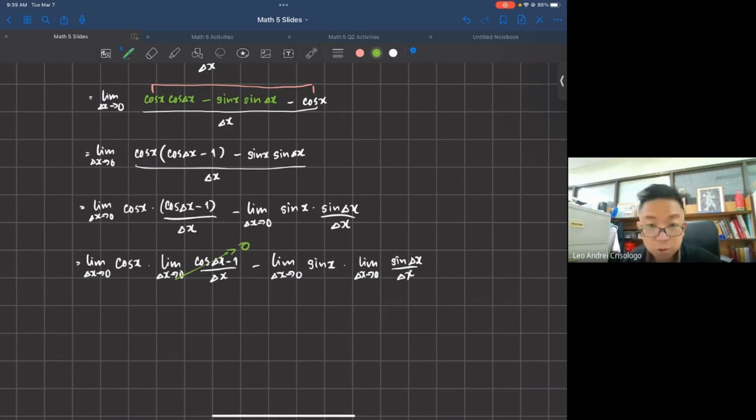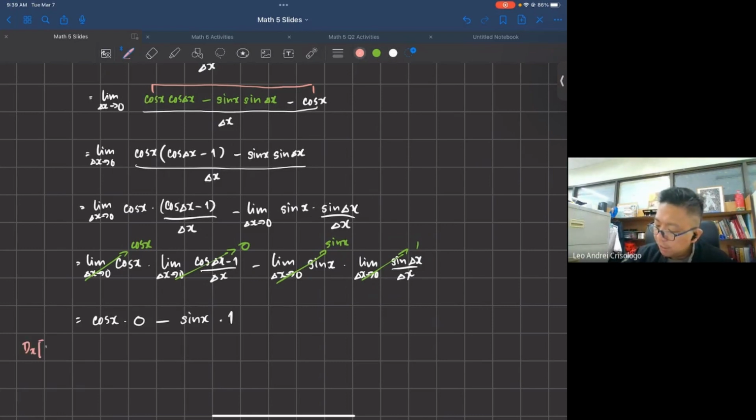This goes to 0. Yung limit ng sine delta x over delta x as delta x approaches 0, pupunta siya ng 1. This has no delta x, so pupunta to ng cosine x. This has no delta x, so pupunta to ng sine x. And ang result natin will be cosine x times 0 minus sine x times 1. Giving us na ang derivative ng cosine x ay equal sa negative sine x, which is, again, nahulaan natin looking